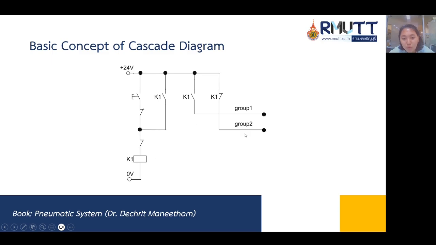Because there are only two groups, we only use one relay. And this is for latching, normally open contact of relay 1, and this is also for group 1. This is the normally open contact of relay 1 for group 1, and this is for group 2, the normally closed contact of relay 1. This I took from the book of Pneumatic System from Professor De Groot many times.